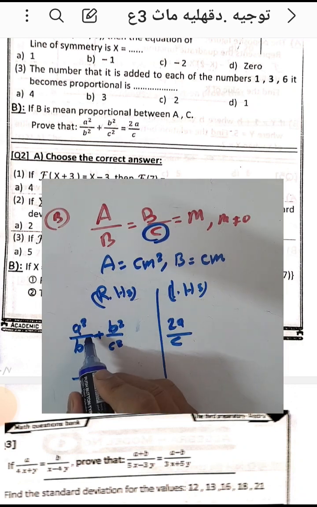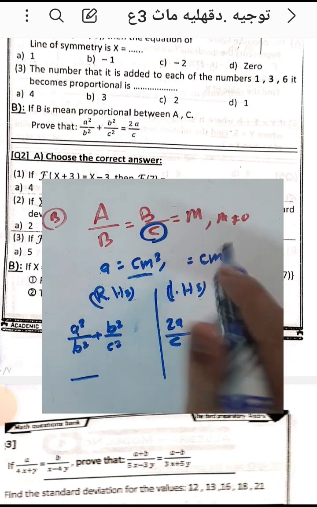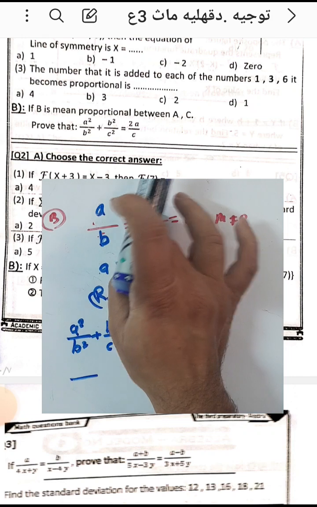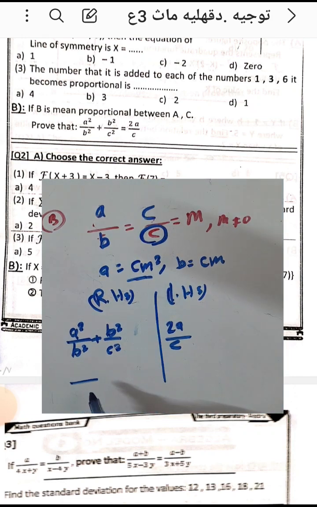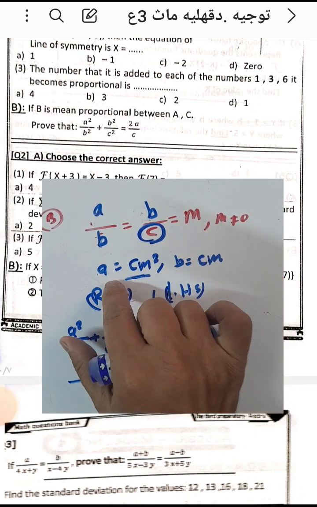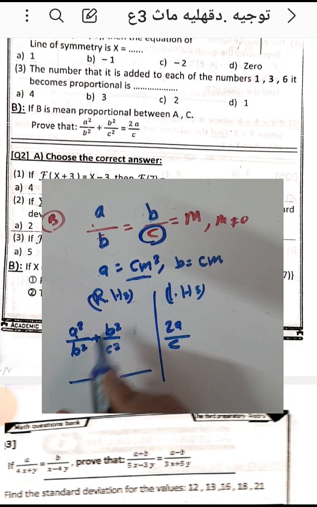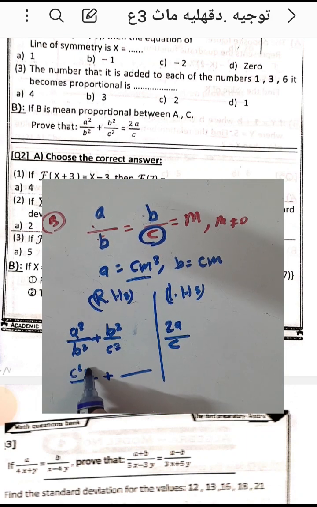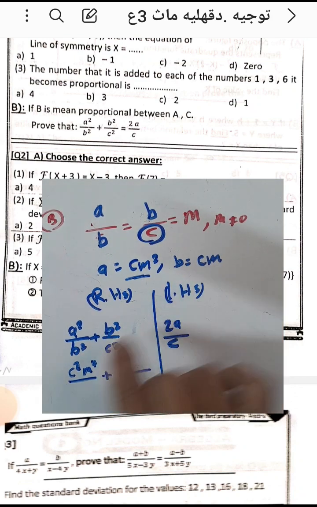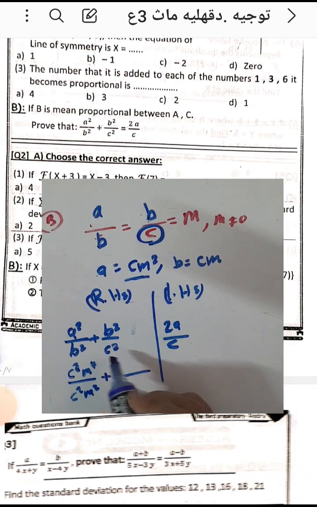A equals cm power 2, then we can write here a and here b, small a, b and c. Okay, a, b over c, then a equals cm power 2 and b equals cm. A power 2, a equals cm power 2, c power 2 m power 4, and b power 2, b equals cm power 2, it will be c power 2 m power 2, and b power 2 here, cm,